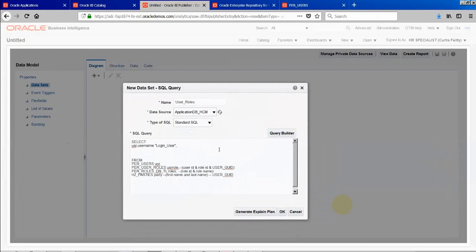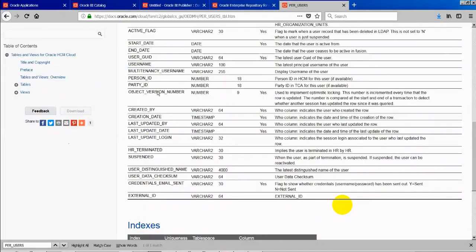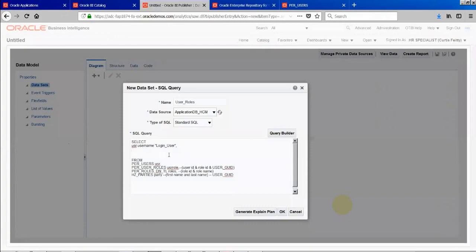Okay, so I got the username, and what I want next is maybe when this user is created. So I'll go here and get the creation date, user.creation date.